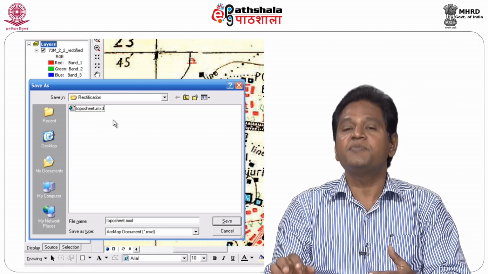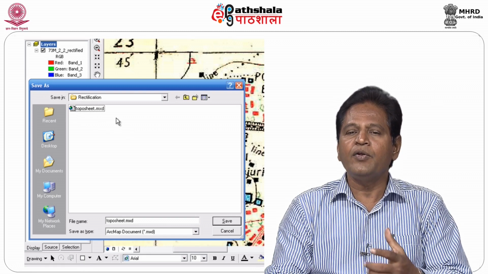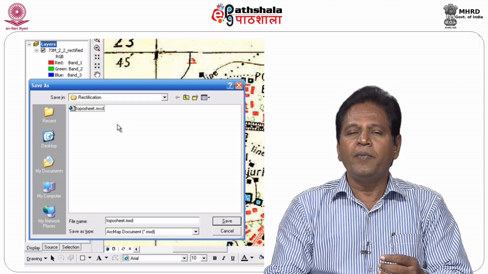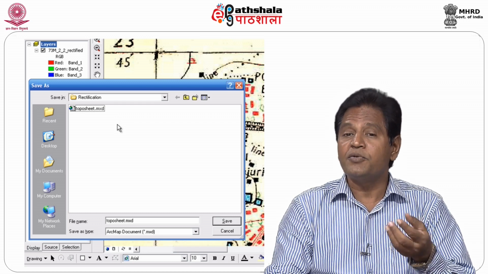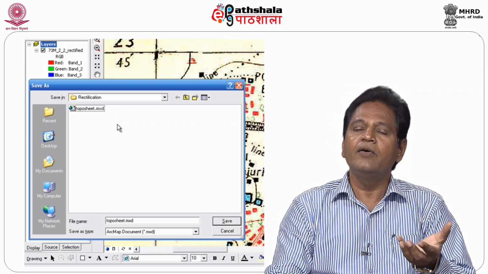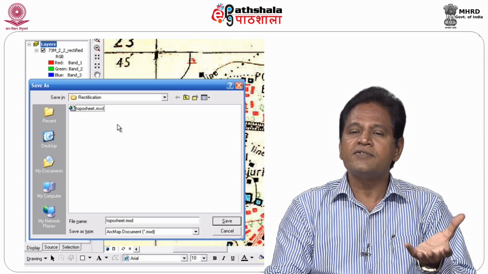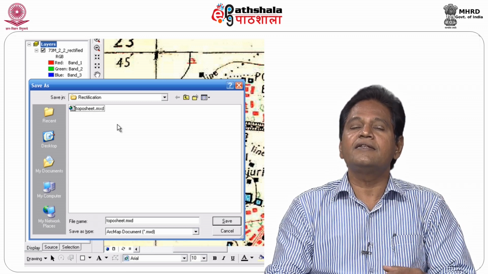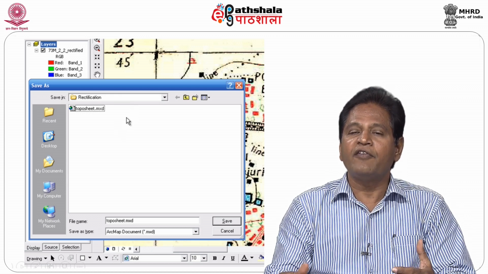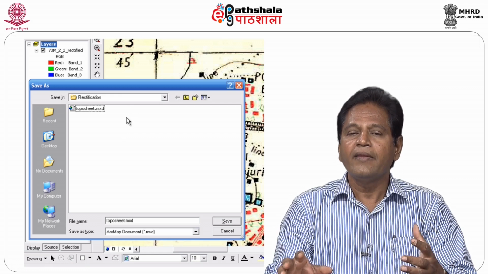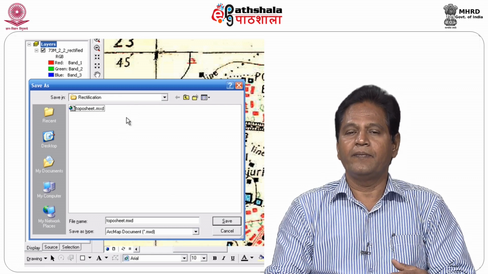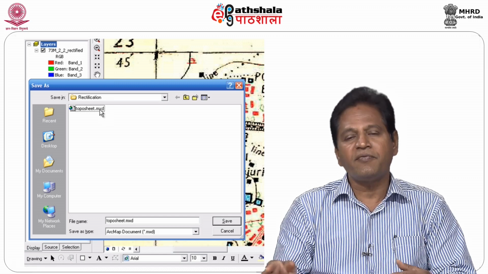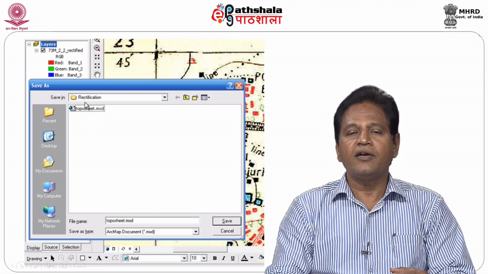It is just a workspace. Whatever or wherever you want to save the data, you can save, that is your choice. Then whenever you open using that particular, for example, in this context you will have only one layer. Many times we will have 5, 6, 10 and in some cases we also have 60, 65 layers. Each time you cannot be loading that, isn't it? So, what we try to do is we tell the system, so every layer is at different places or at the same place or whatever it is that I want to open all of them at a time, for which I will have to store it in a workspace, as the name indicates, space where you work, workspace, and that is your .mxt.